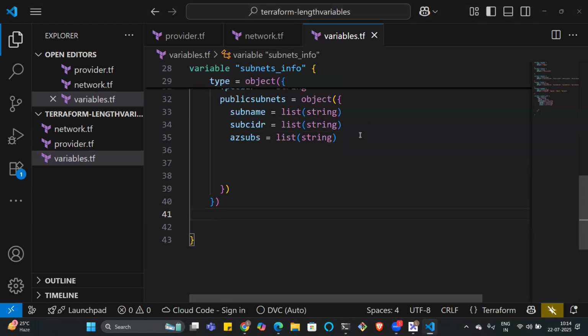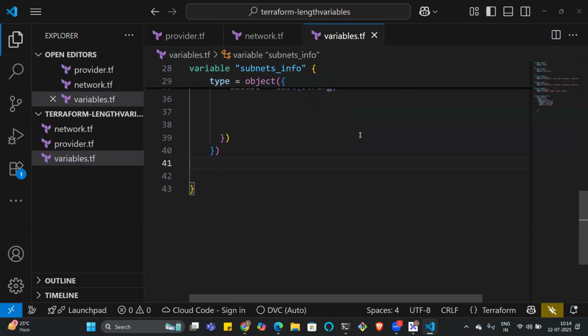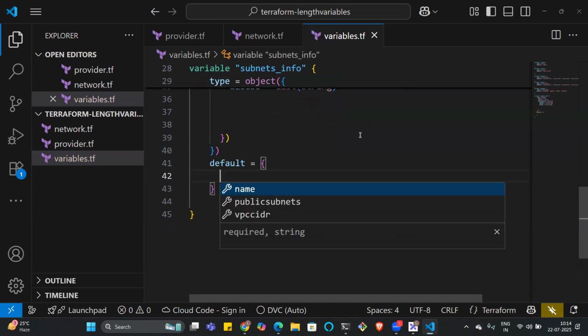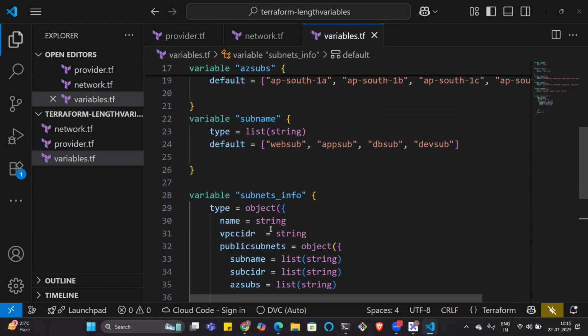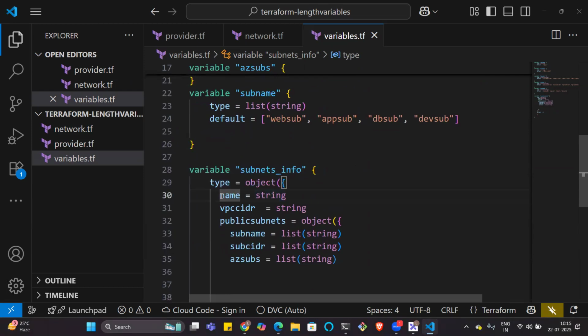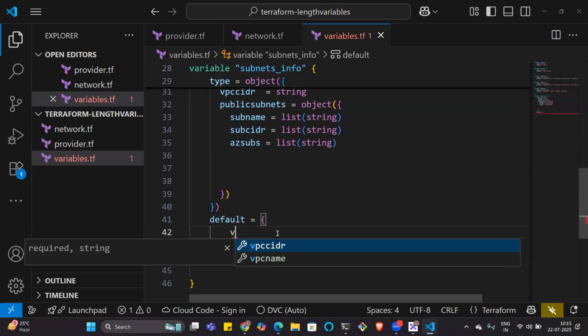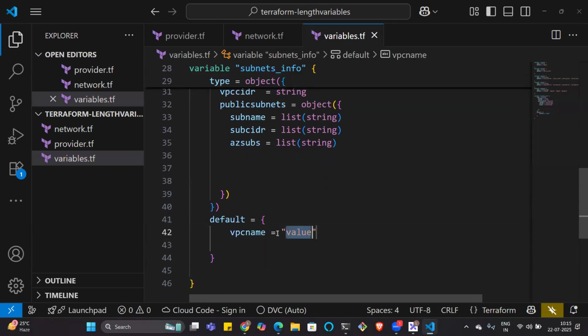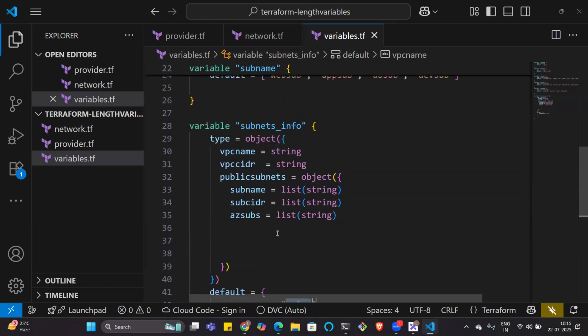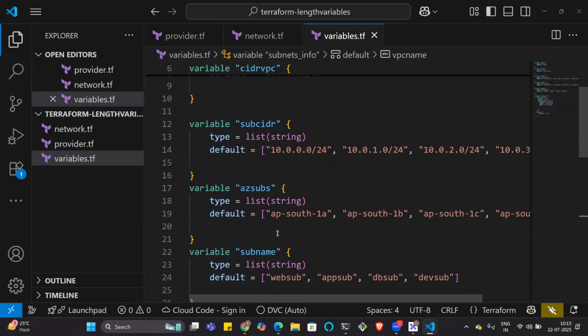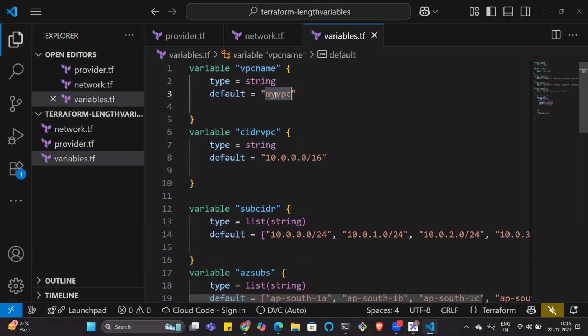How to write default value? First, this is a VPC name. What is the value? It says string, where is it? Above. You can cut and